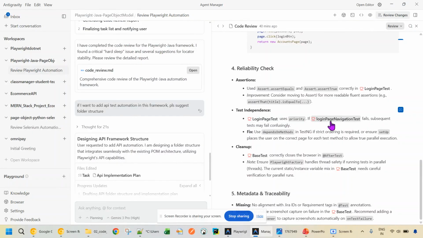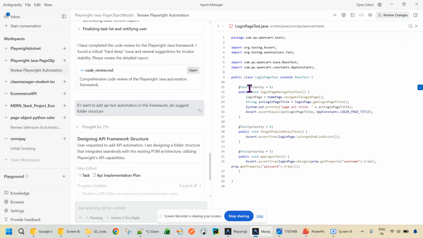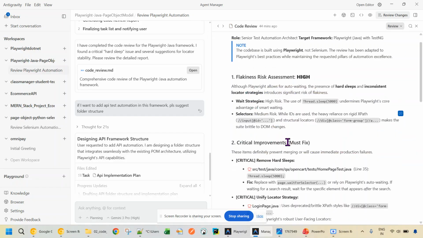If the login page navigation test fails, subsequent tests may fail continuously because everything is based on priority. Because of the rules, if the first test case fails, then the others may not execute or may consecutively fail. Instead of that,